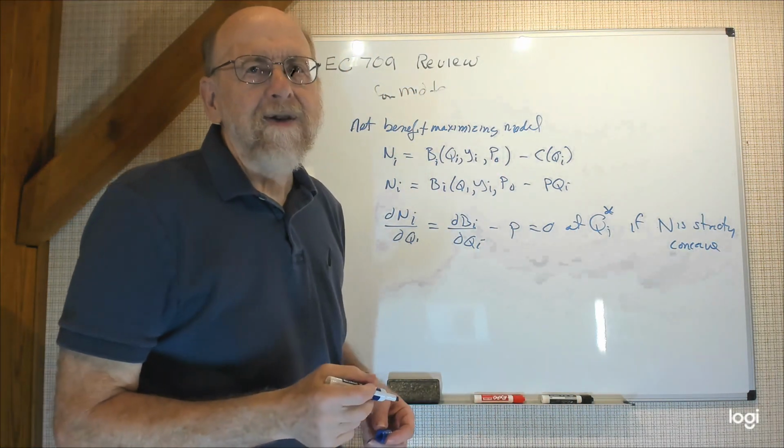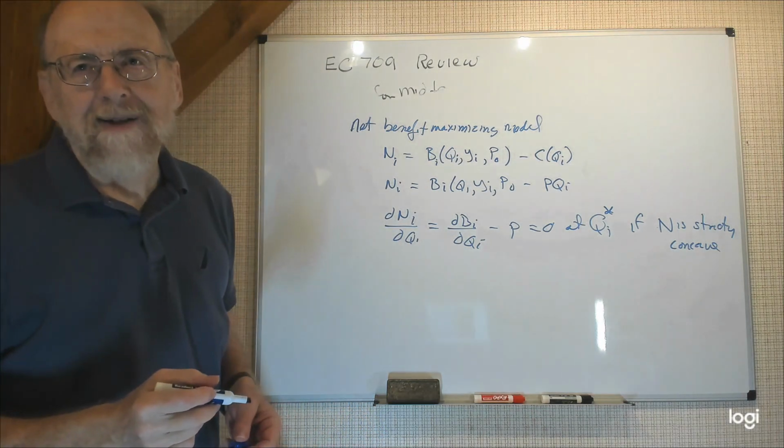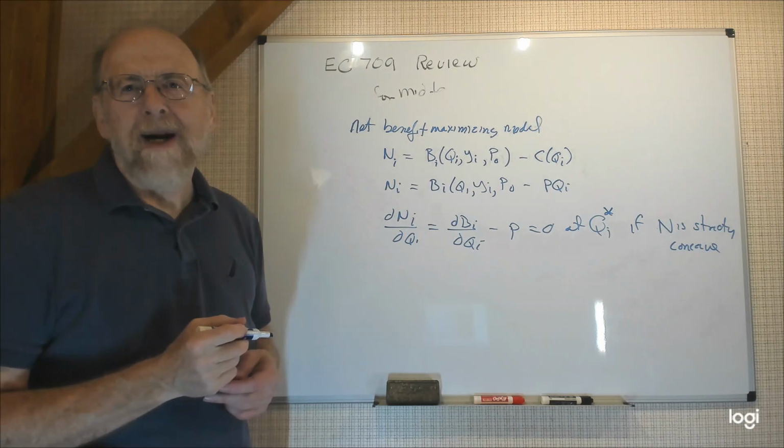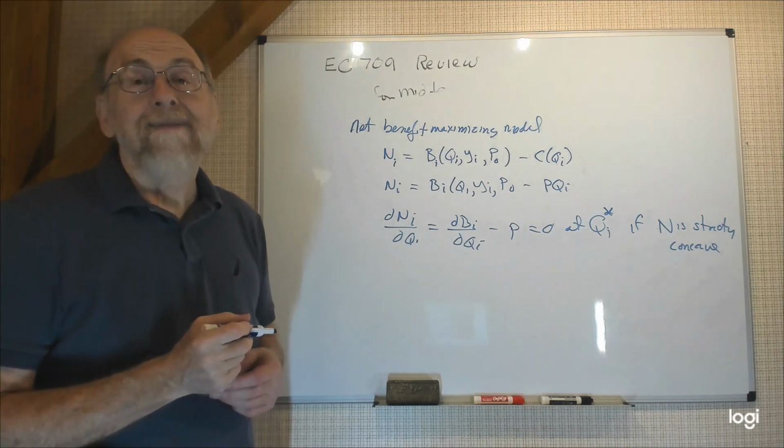Right, so that first order condition will characterize the ideal quantity for this net benefit maximizing person if